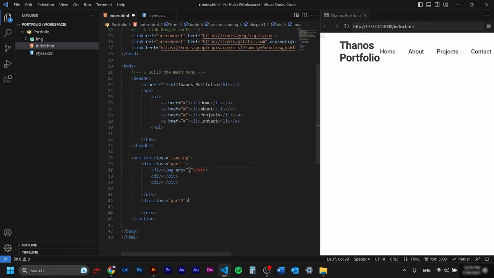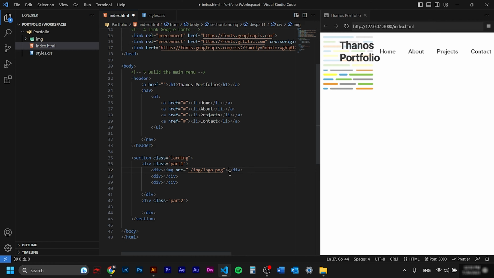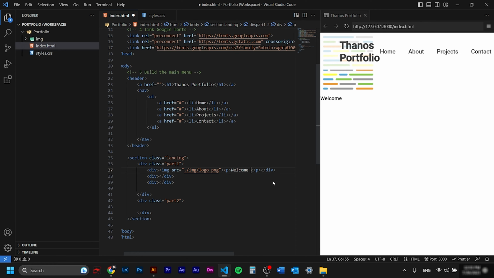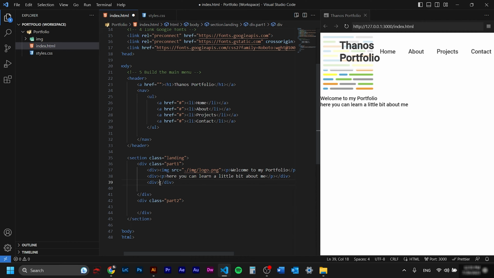If we press /, we now find the file we just created and we go to logo. It's a self-closing tag. Next I'm gonna start with my P, and inside I'm gonna write welcome to my portfolio. Next div is just gonna have text. Here you can learn a little bit about me, and the last one is gonna have text again, and view my personal projects. Very nice.